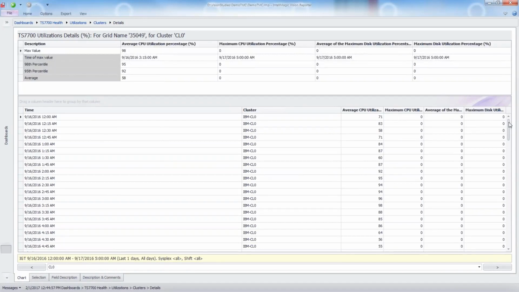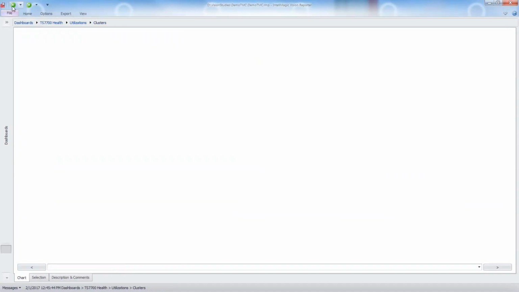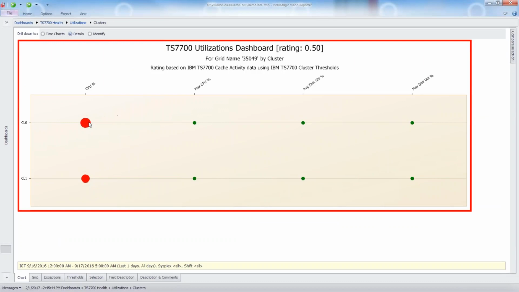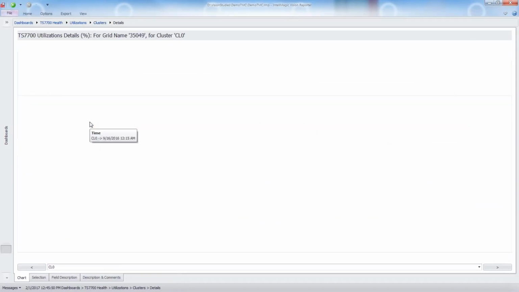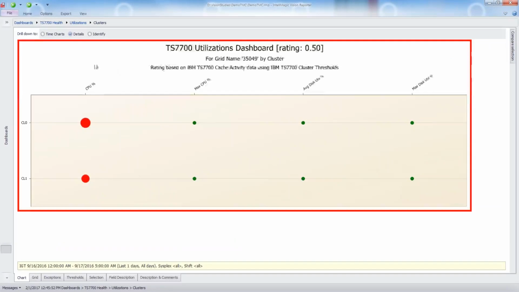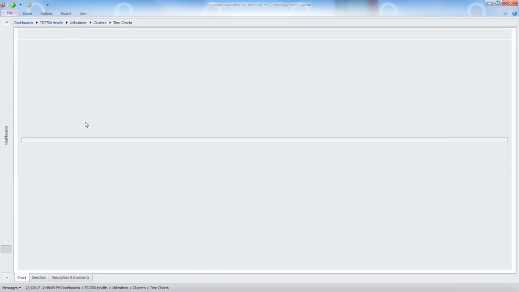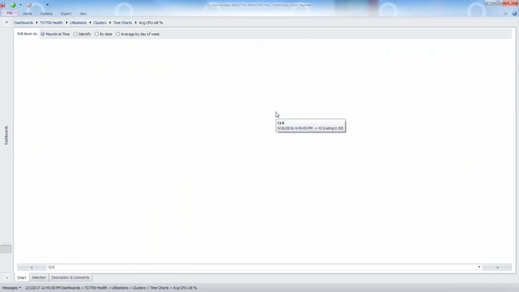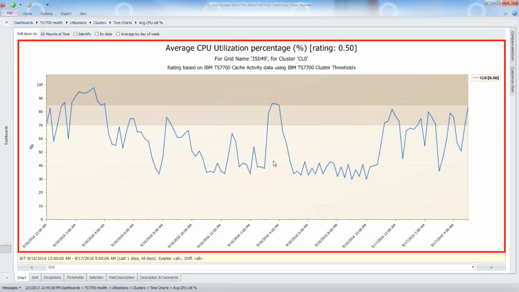Now, we don't have any particular information concerning maximum or the average disk utilization, and the reason for that is that this particular TS7700 is a microcode level 2.1, and those fields are not being reported, so it's not of any great concern. Let me back up one now. CPU utilization, let me show the chart. Oh, go back. Changed it back to time charts. We'll find the mini chart. This is the chart for CPU utilization. As you can see, we've got a lot of white space involved. The thresholds are only exceeded at certain peaks and points in time.